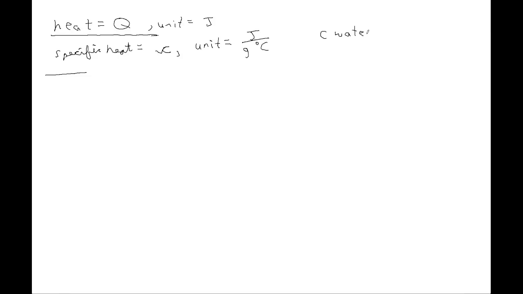4.184. How would you interpret that number? What does that tell you about liquid water? That every gram of water takes 4.184 joules to raise it 1 degree Celsius. That's right. The c for water is this. You can put ones on the bottom to help you interpret that. Now, how about